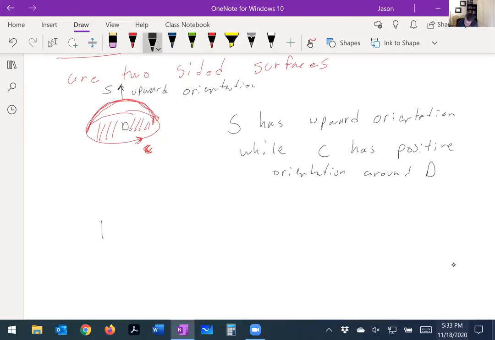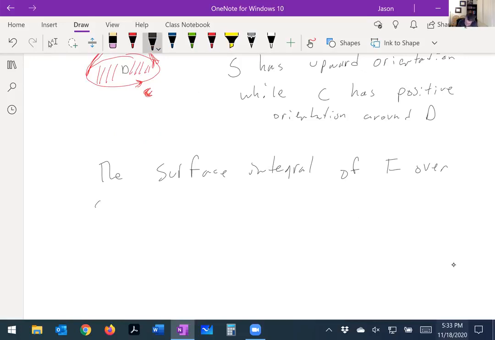The surface integral of F over S with unit normal vector n,